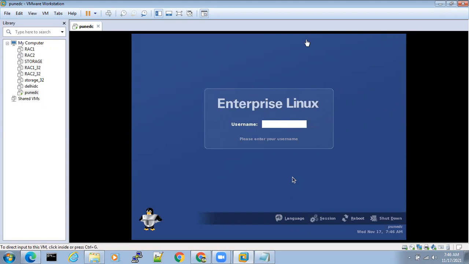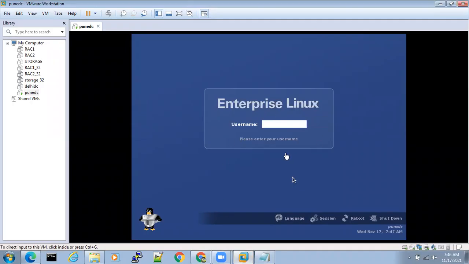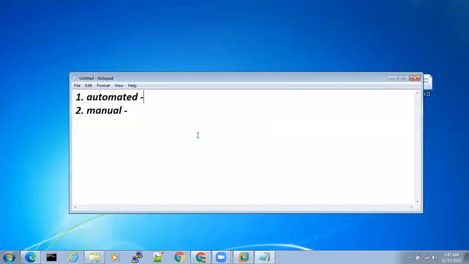Yes, sir. In the same way, to create a database, there is an automated method also, where Oracle has given us a tool inside the VMware or Linux. If we go to the Oracle software, there is a tool where we can click next, and the database will be created. It's an easy method.